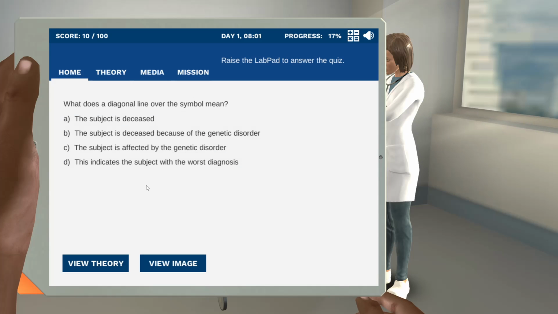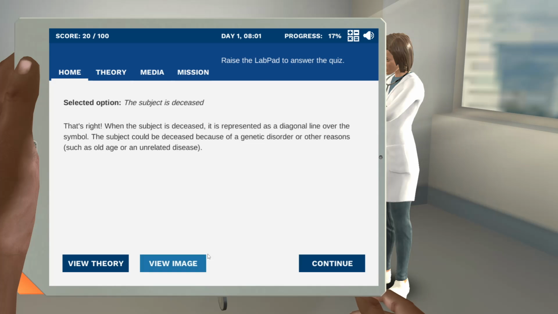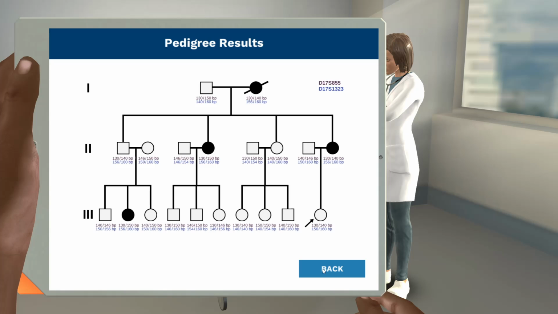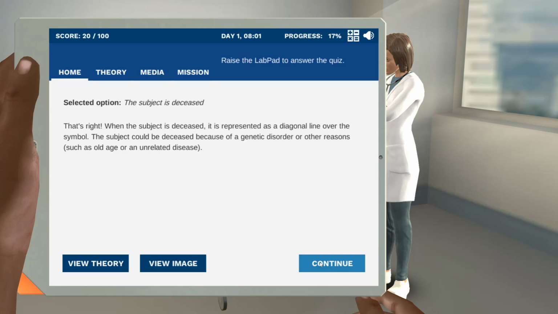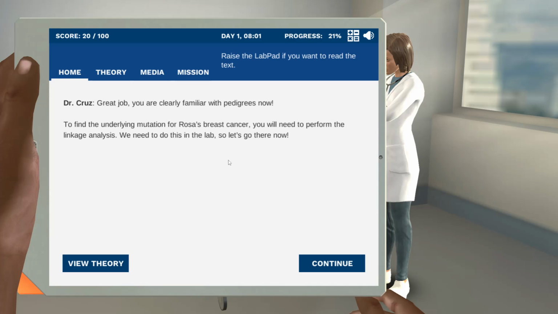What does a diagonal line over the symbol mean? That's right. When the subject is deceased, it is represented as a diagonal line over the symbol. Great job, you are clearly familiar with pedigrees now. To find the underlying mutation for